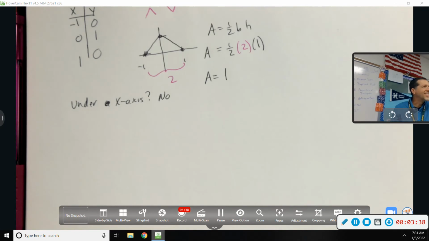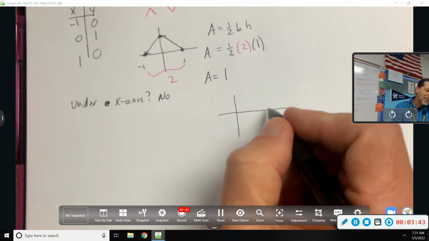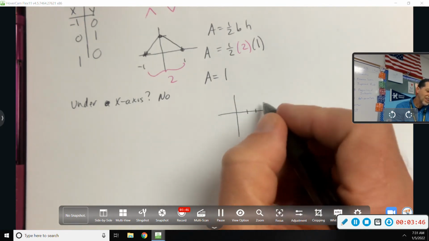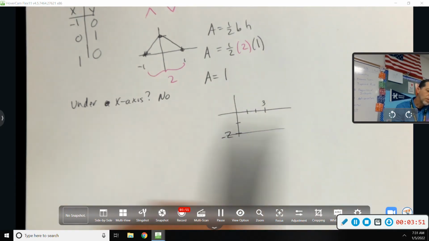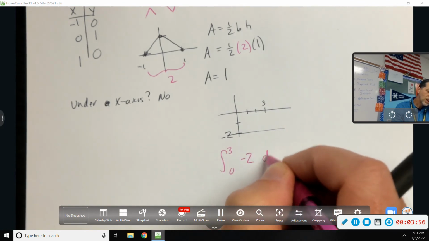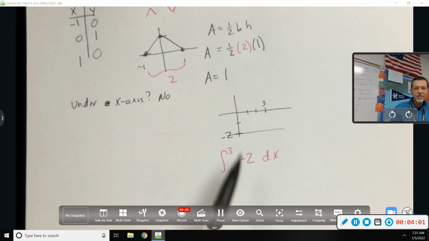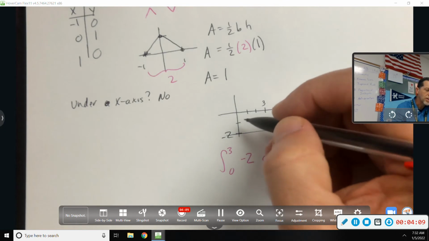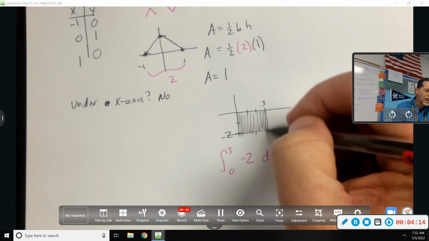There's a but coming that we haven't got to yet, but I may as well say it now. Let's see, that's 3. Let's make this -2. So if we wanted the integral from 0 to 3 of -2 dx, well, you can't go under -2. I mean, I guess you could, but it'd be under forever. So we kind of switch our thinking from under to the x-axis. So it would mean that area,